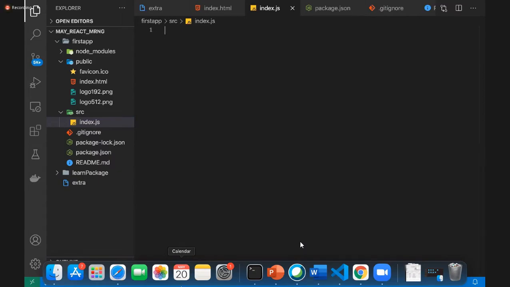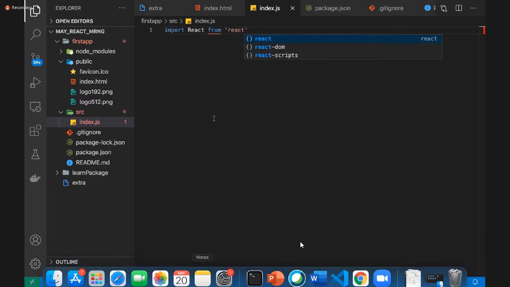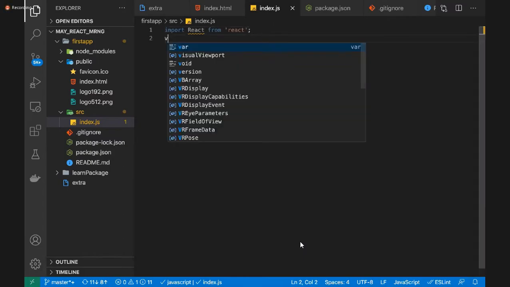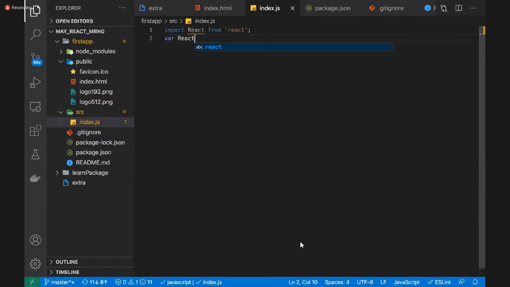How we start is, first of all, we have to import React from React. What does that mean? This syntax is very similar to writing var React equal to require React. So either write this way or this way.